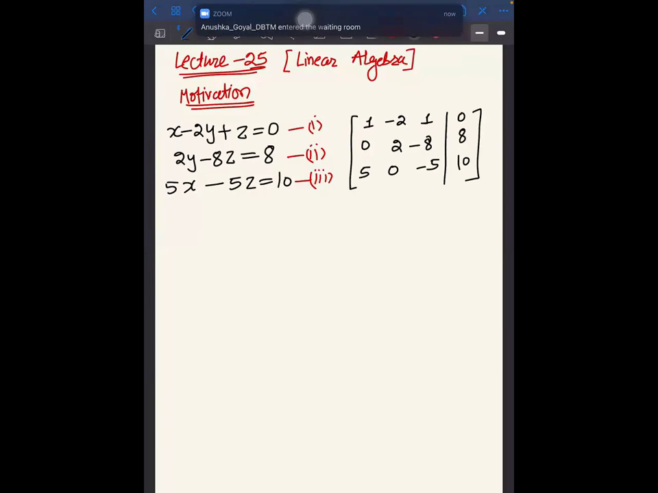So my approach would be what? I'll keep the x in the first equation and eliminate x from the rest of the equations. I'll modify the equations at each step so that x remains in the first equation and will not be in the second and the third equation, right? So at first step, what I'm doing is